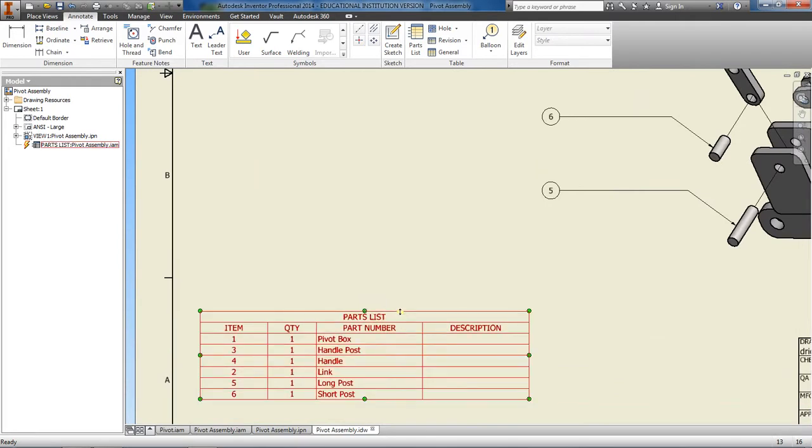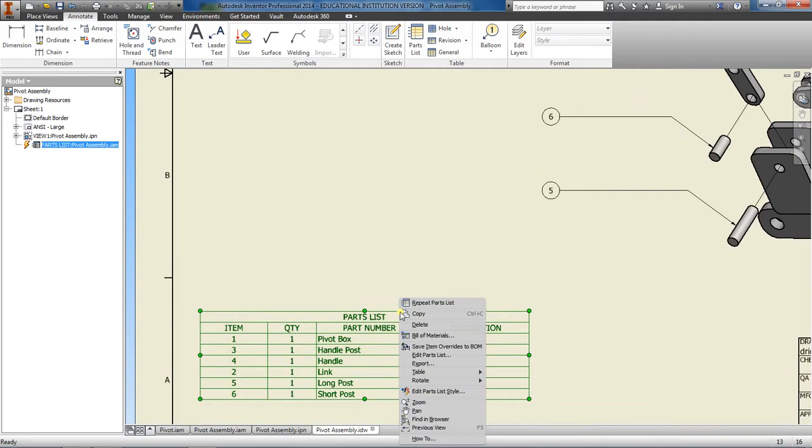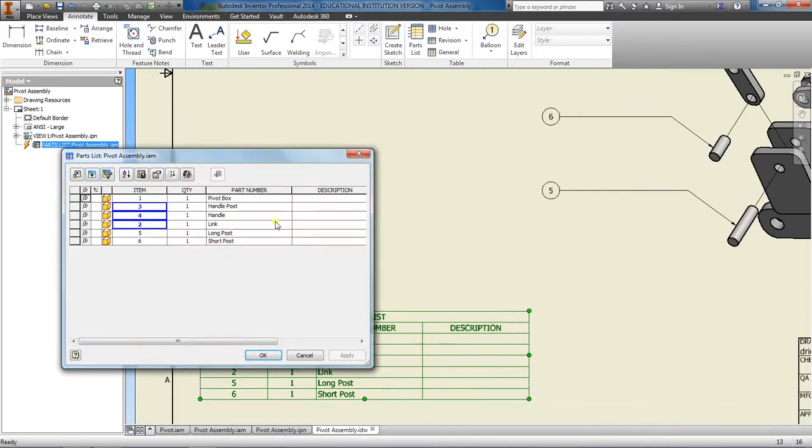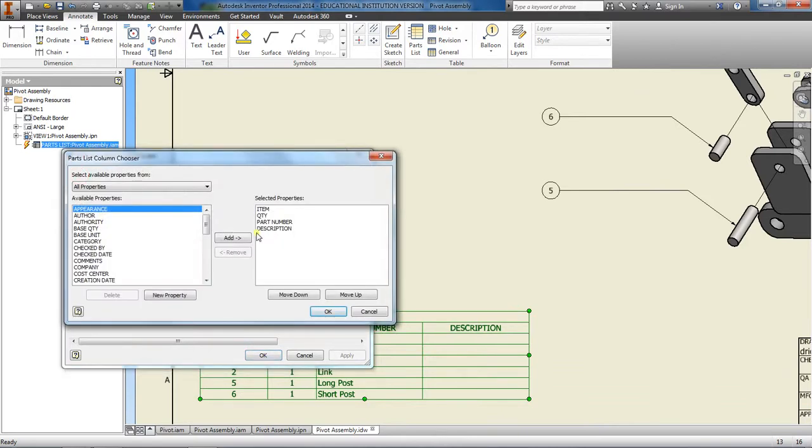Hover your mouse until it changes colors, in my case red. Right click and go down to edit parts list. Then we need to select column chooser and we'll get rid of part number and part description. And we want to add the material. And then, if you haven't done it, we're going to have to create